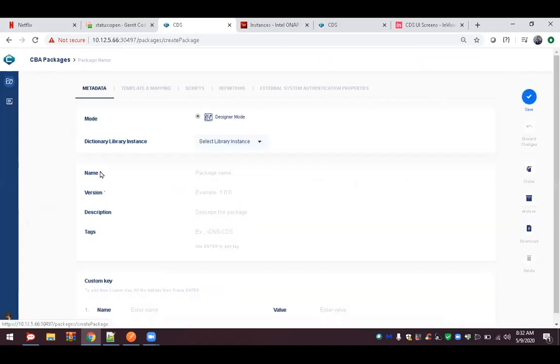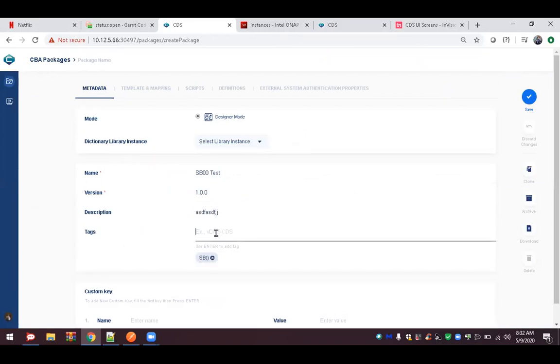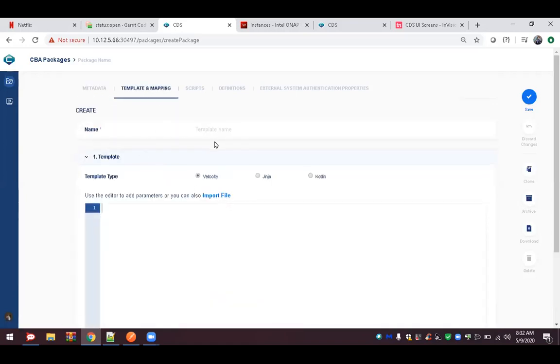So let me create something new. Let's call it SB00 test, version 1.0.0. SB00 templates. I'm gonna create one template.